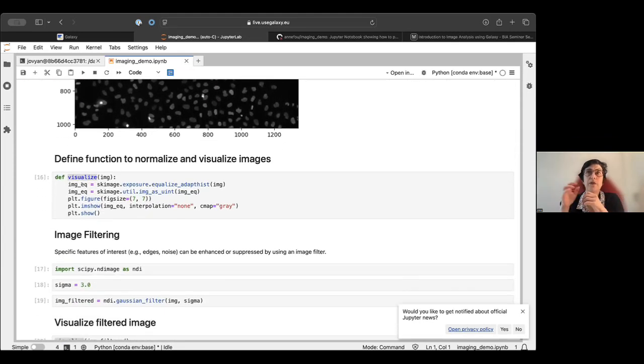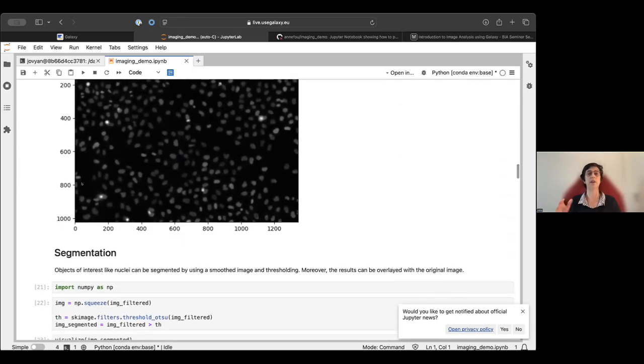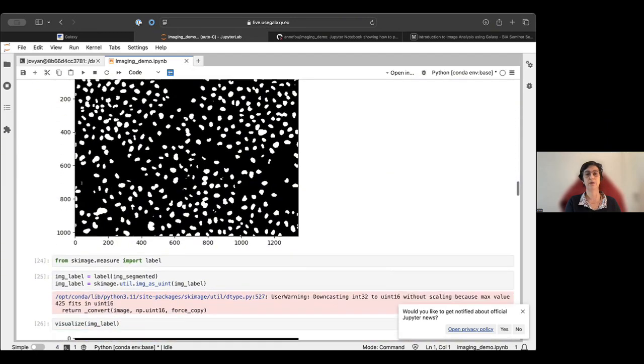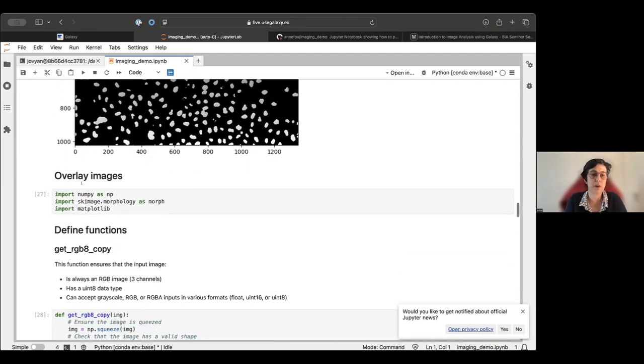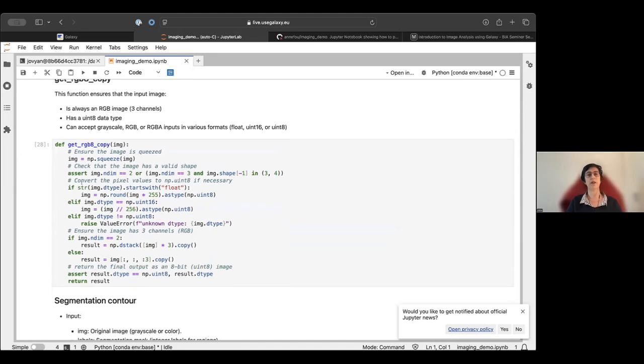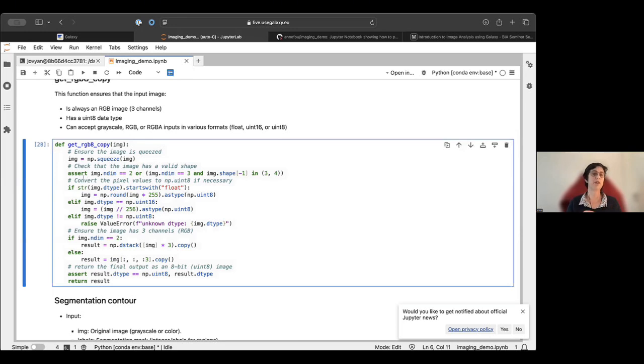image. And with some functions, sometimes you want to have an RGB image. So what you want to do, especially when you think about automating and making a function that is reusable by many other users, you want to make, for instance, a function that could take different types of images and will make this image usable for the next function. So for instance, here, many of the functions need an RGB image, but sometimes you don't have an RGB image. Here we have only one image, which is a 2D image, and what we are doing is copying the same into the R and G and B. So then you can use different algorithms.